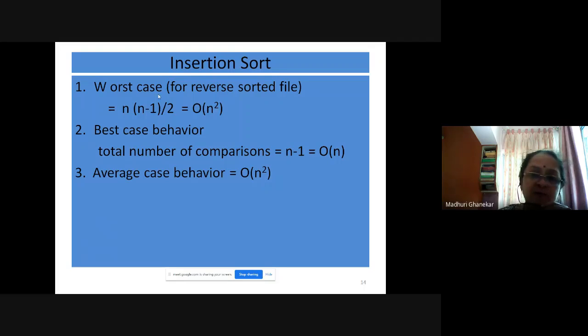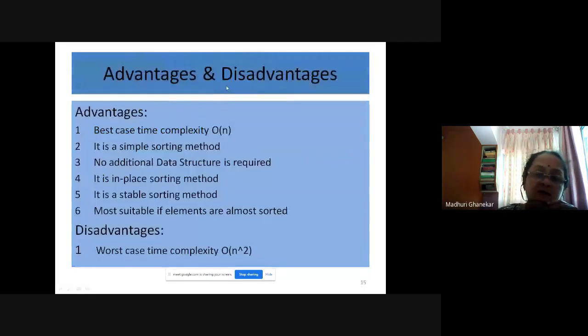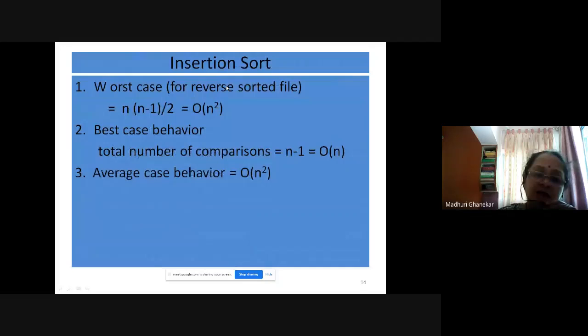Okay, so what we want to achieve is ascending order, and what you find is the given array is reverse sorted, meaning descending order. Or the reverse case is if you want to sort in descending order and the given file is in ascending order. So in both cases, this is the worst case.